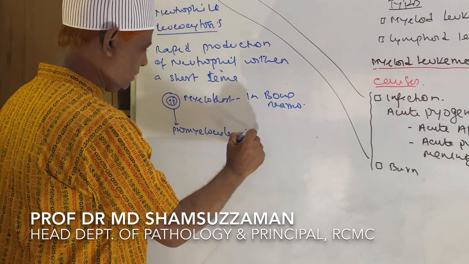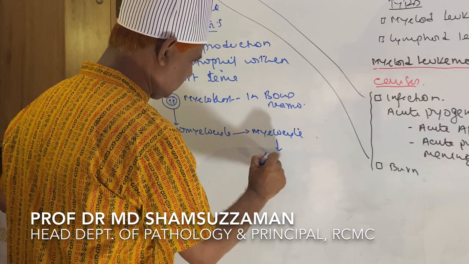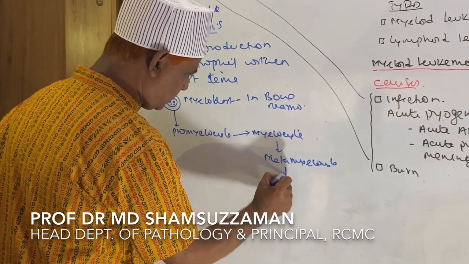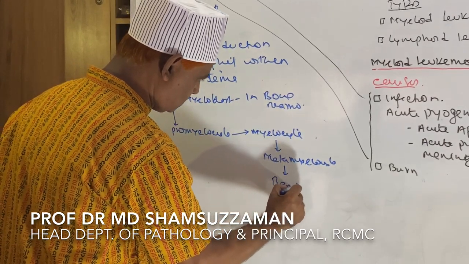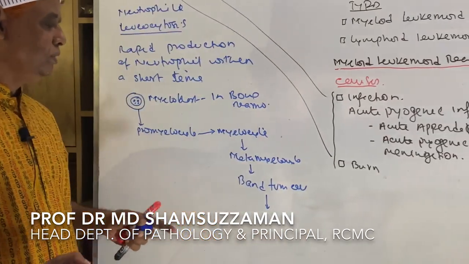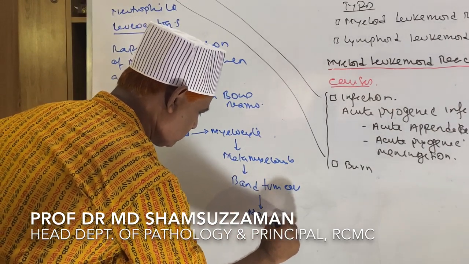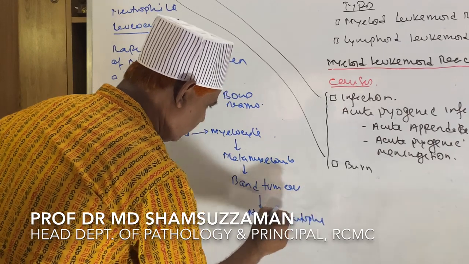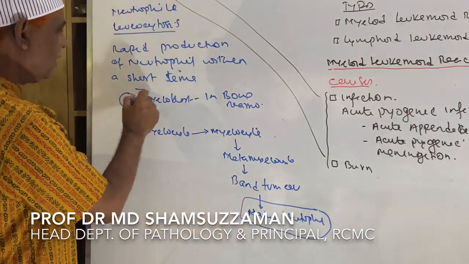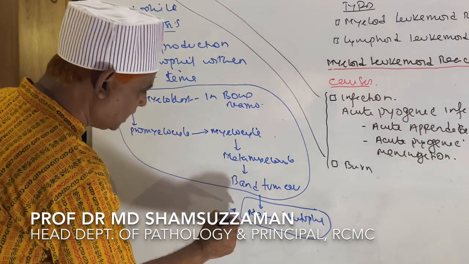Then we get myelocyte, and from myelocyte we get metamyelocyte, and from here we get the band form cell, and from the band form cell mature neutrophil is formed, and this mature neutrophil comes in blood from bone marrow. So all these cells are present in the bone marrow, and from the bone marrow we get in blood mature